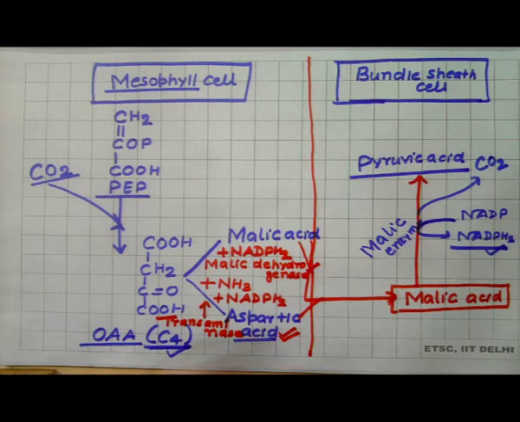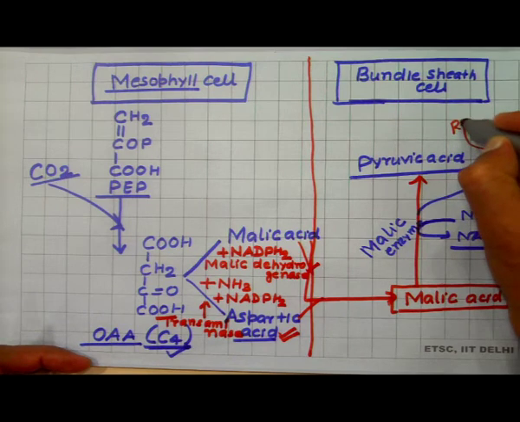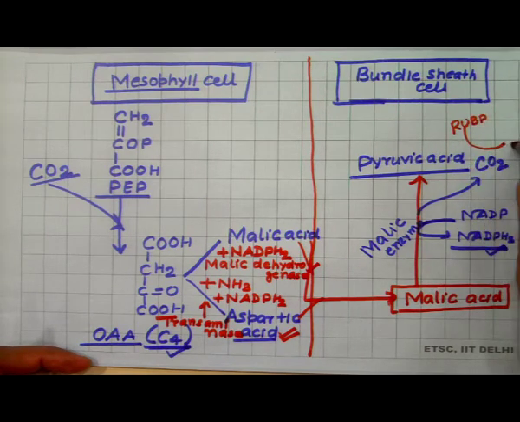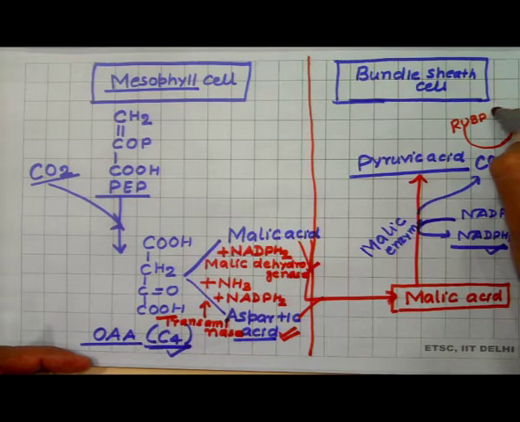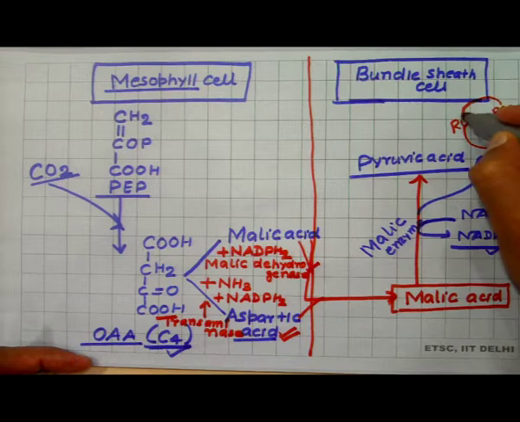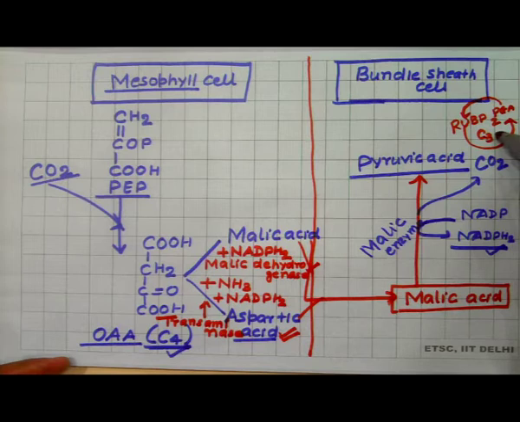This carbon dioxide is accepted by RuBP and it forms PGA, 2 phosphoglyceric acid. So, you find here in the bundle sheath cell the CO2 is released by malic acid and it is accepted by RuBP. So, the C3 cycle is going to be operated